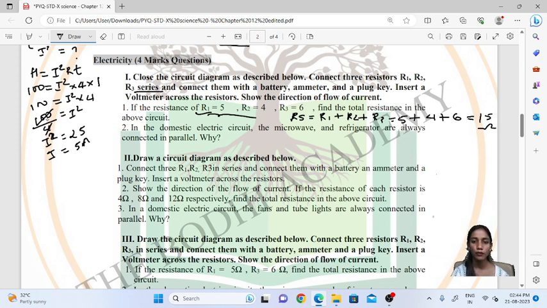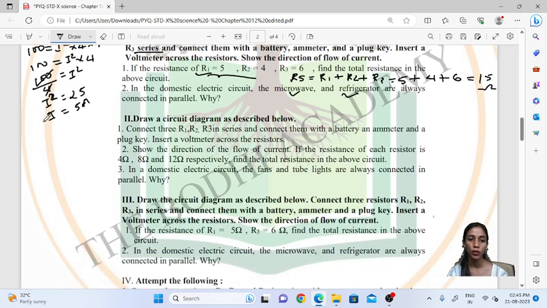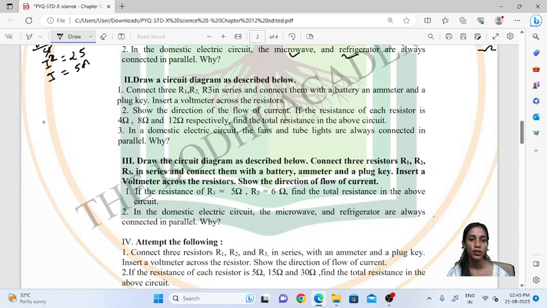We start like this: different electrical gadgets require different current to operate properly. If you connect them in series, the current flowing through the entire circuit is the same, so it won't be practical to connect them in series. In parallel, the current flowing through each of the electrical gadgets is different. The current is divided, and hence each device gets its own current, and that's the reason they are connected in parallel. Okay, now we go to the next question.